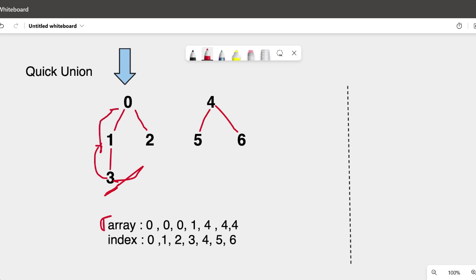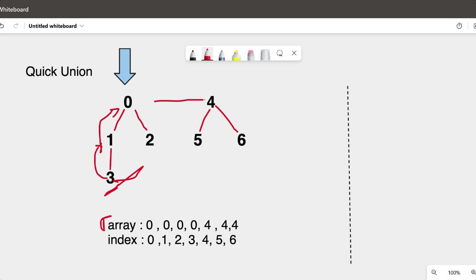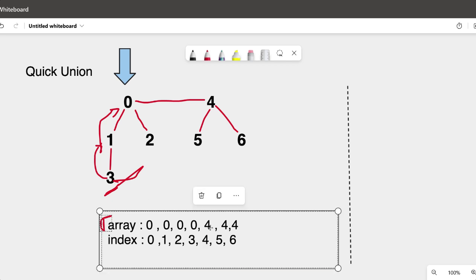So we will go like this in this algorithm, inside our find function, and assign this value to 0 again. And you will say, how is this different from the quick find algorithm? Let me just show you with another example. For example, these two things are connected. Now the root of 4 becomes 0, but in this case we are not iterating on the array to decide what is the root of 4. We will go like this. First of all, we will say the parent of 4 is 0. Now we have changed the parent